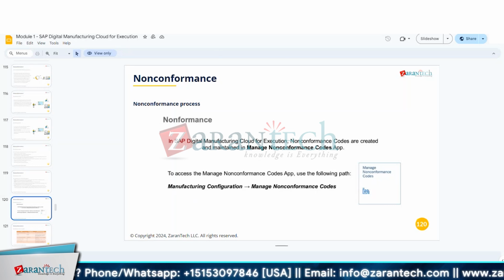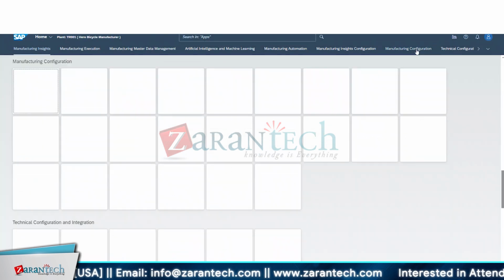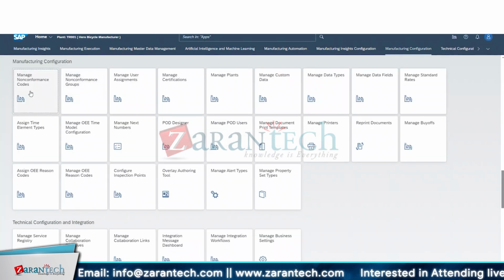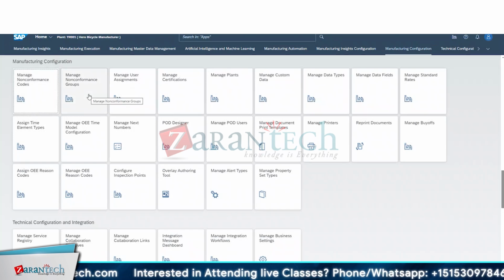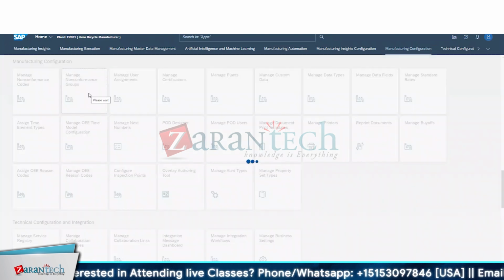So if I go here, before adding the codes, you have to create groups as well. Let me show you. In manage configuration, I can see two tabs: manage non-conformance code, and manage non-conformance groups. A group is something like a set of codes which is associated with the same activity, and we are grouping them into one. Okay. So here, if I go to manage non-conformance group,